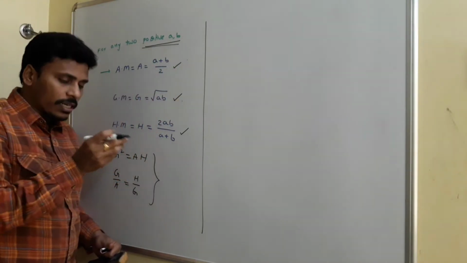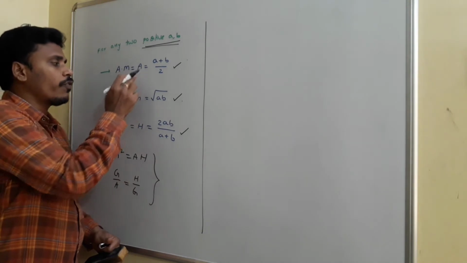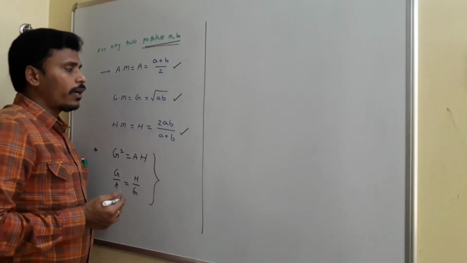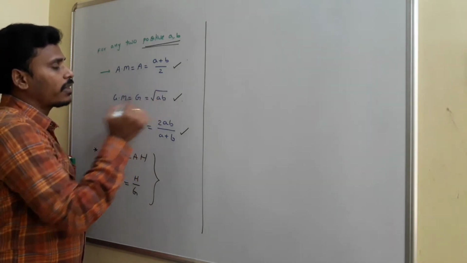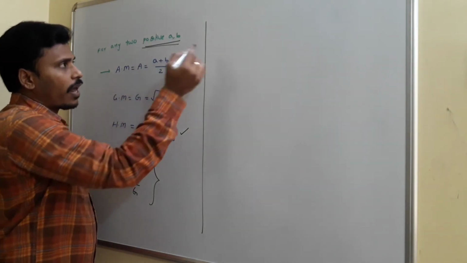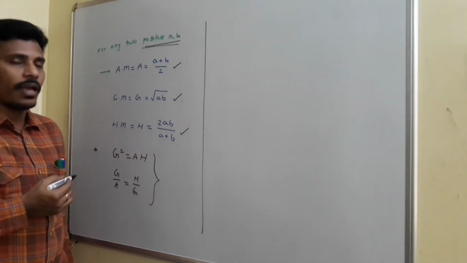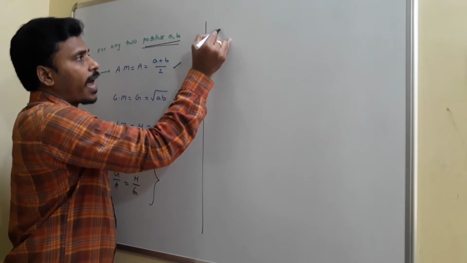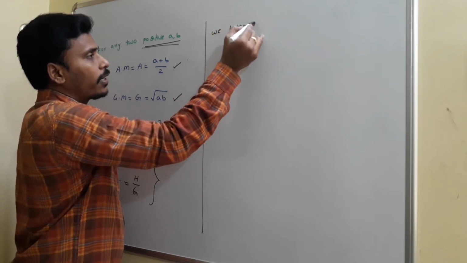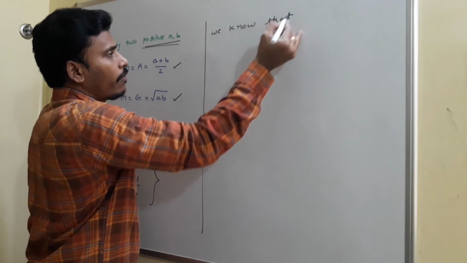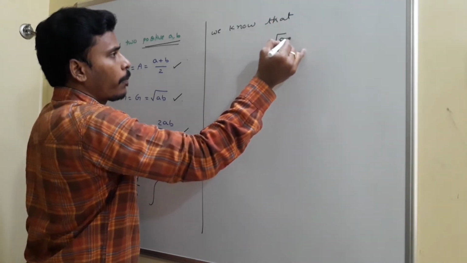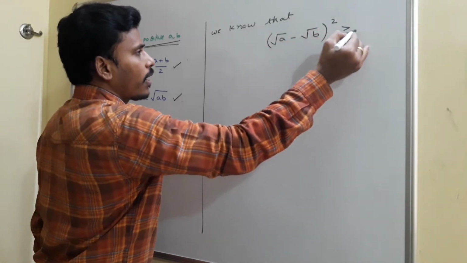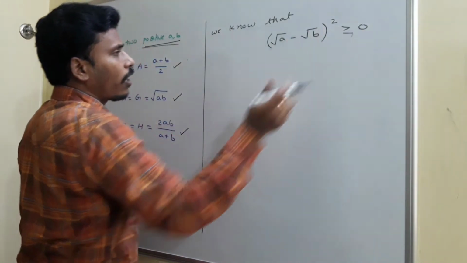So I need to insert a symbol, either less than or greater than, between this arithmetic mean and geometric mean. For that, how do I have to proceed, right? To proceed, I need to compare this (a+b)/2 and root ab. There are different ways to check the relation between the arithmetic mean and geometric mean. One of those is we need to start with an identity, right? We know that (root a minus root b) whole square is greater than or equal to 0. Is it right or wrong?